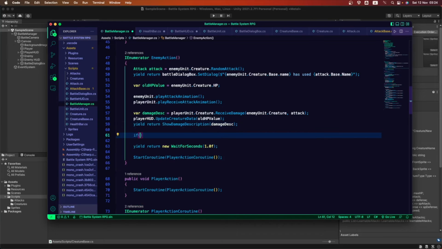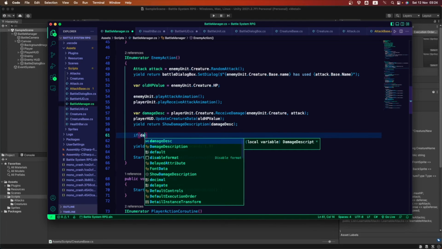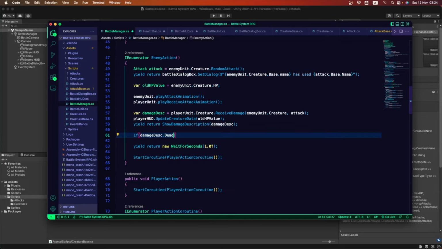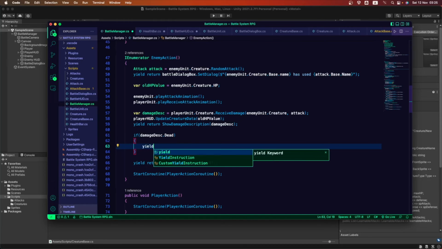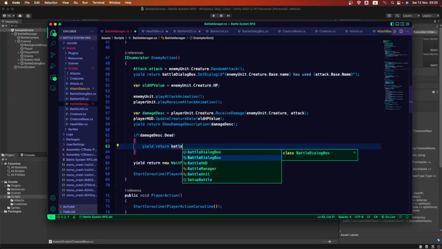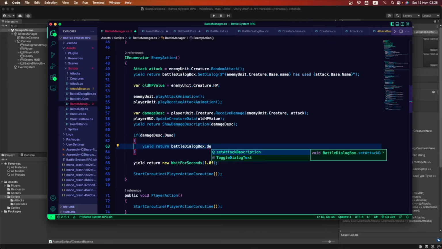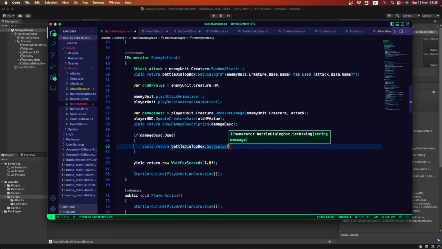So if damage desk dot dead, if we are dead, remember that method knows when we are dead, because it knows if our health points go down to 0. We wanna first yield return battle dialog box that set dialog, and we wanna say, you have been killed by whom?